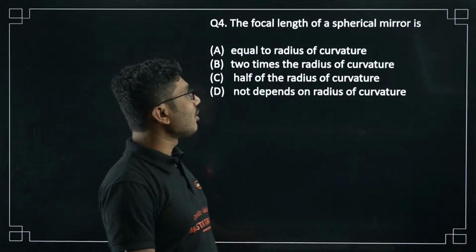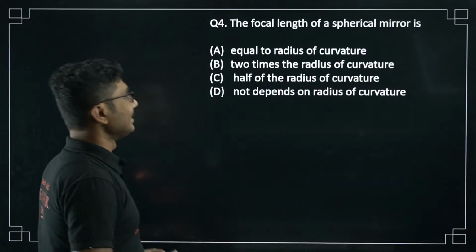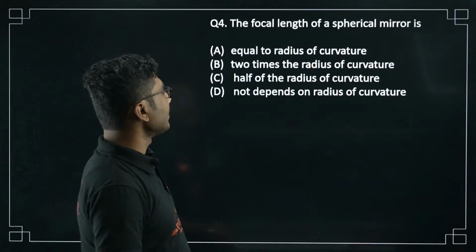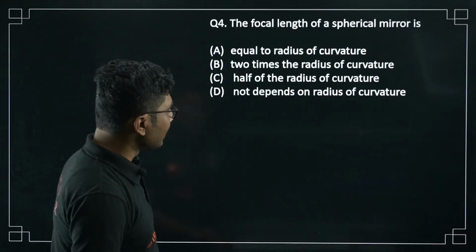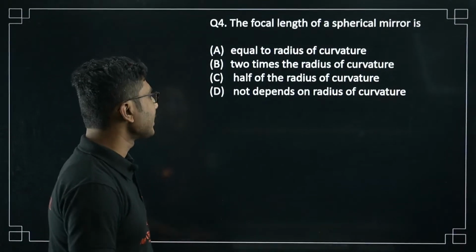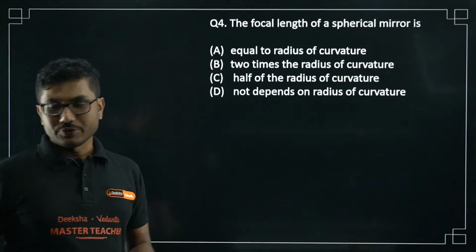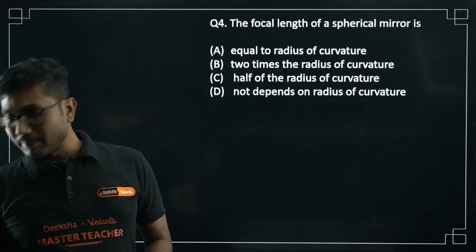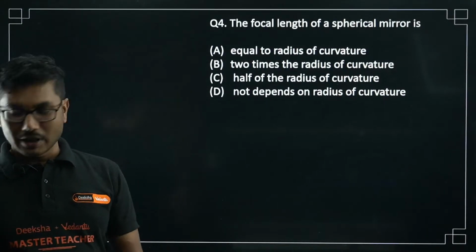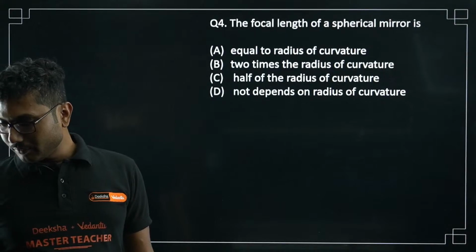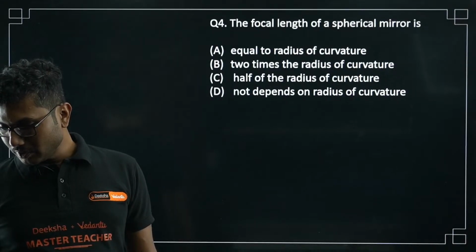The focal length of a spherical mirror is equal to the radius of curvature, 2 times the radius of curvature, half of the radius of curvature, or does not depend on the radius of curvature. I gave you the formula, so if you know the answer, please go ahead and let me know. I already gave you the formula for this question. Okay,